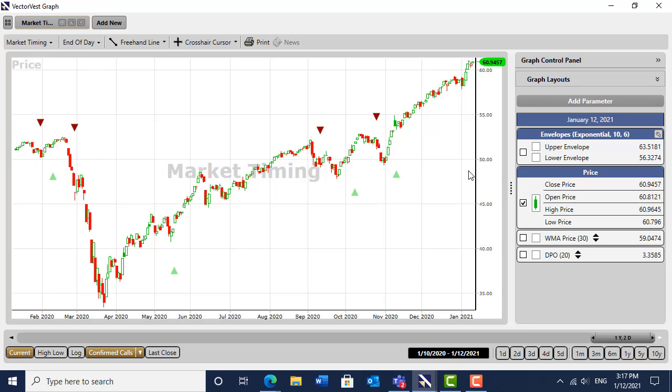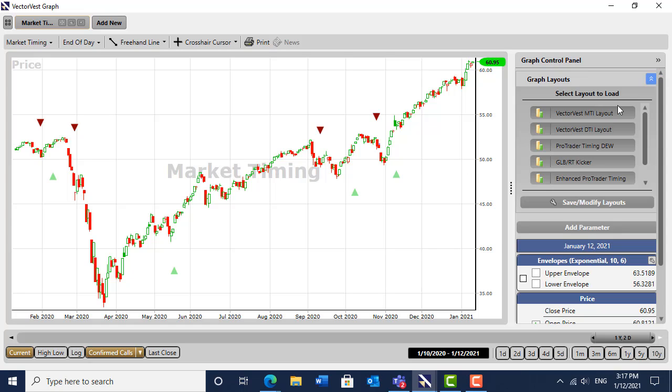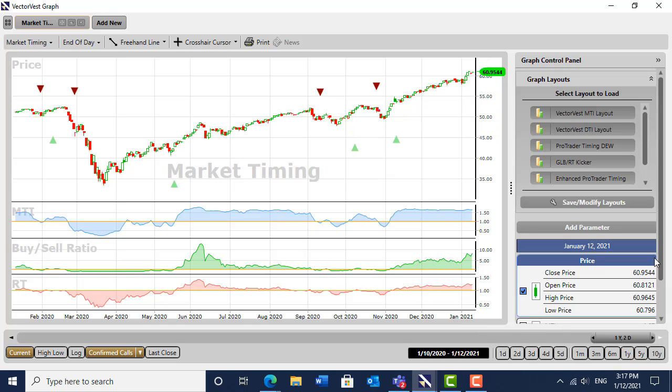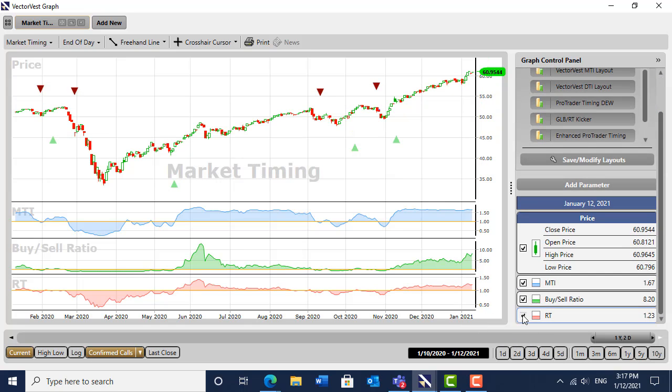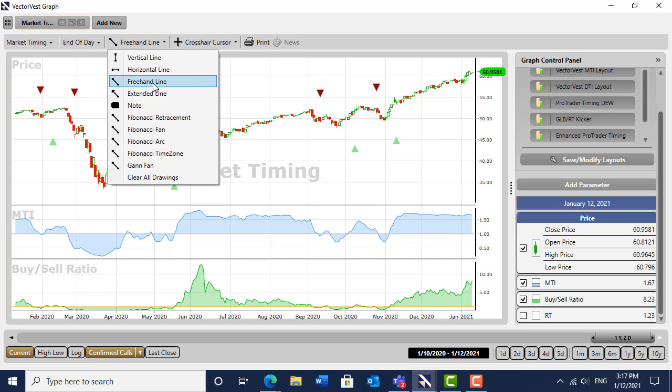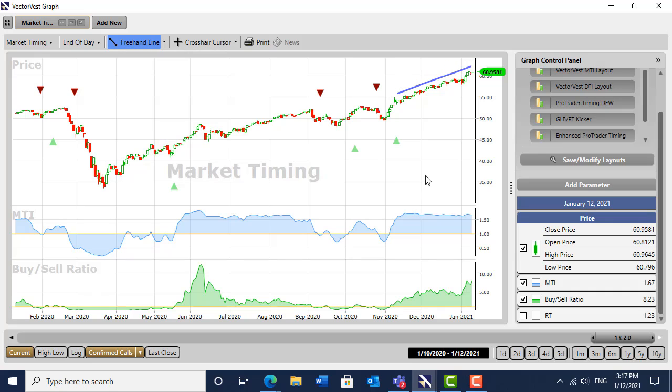Everywhere you read, they'll be talking about bubbles, and there's absolutely no doubt that if we look at the market timing layout, we can see, and I'll get rid of one of them maybe, we can see that these measures, the VectorVest market timing indicator, are flat, and flat since the middle of December. This is rising, folks. That is flat. Now, there's no divergence on the